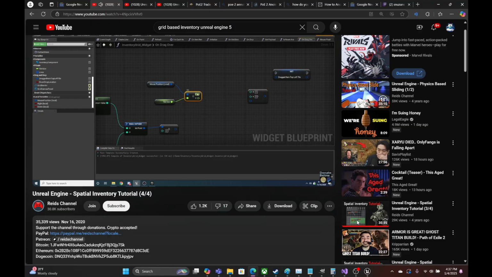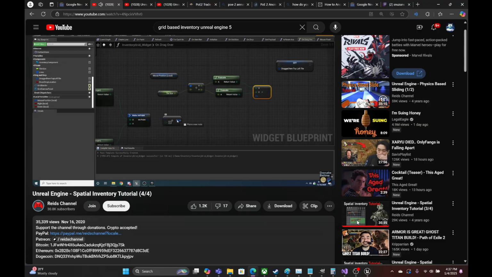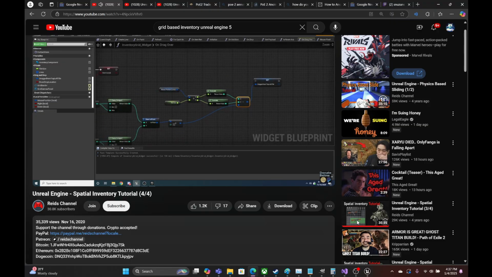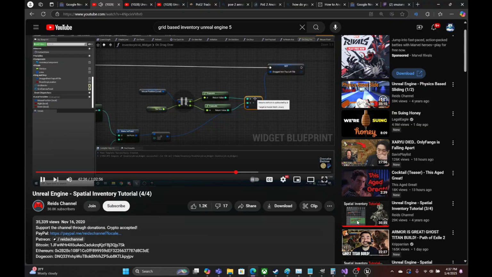And we want to split this and then hook these up. And it's going to do a truncate, and that's okay, because we want to truncate. And then this is going to be the subtract, and then this is going to be our drag top left. So I know that was a lot to follow, but